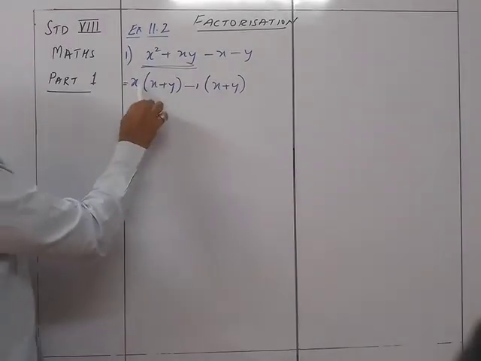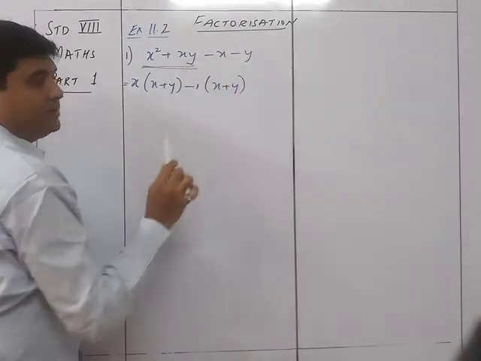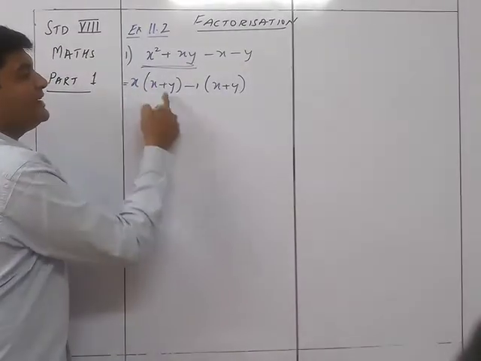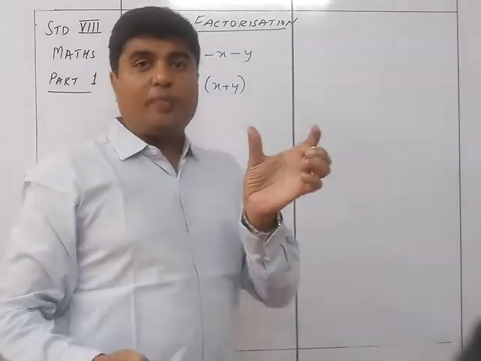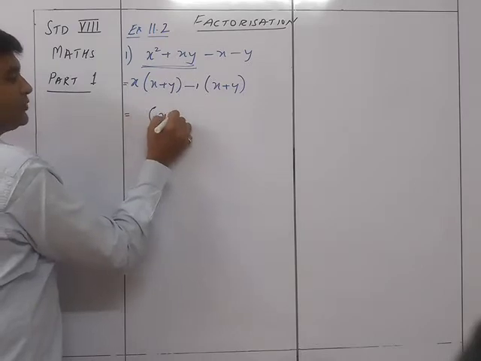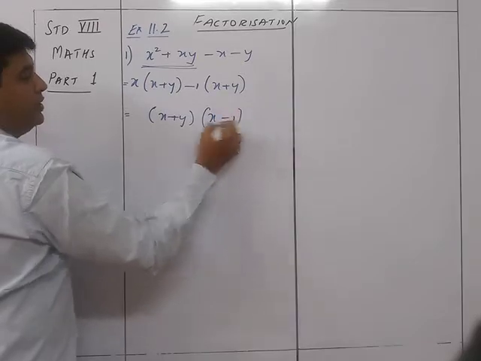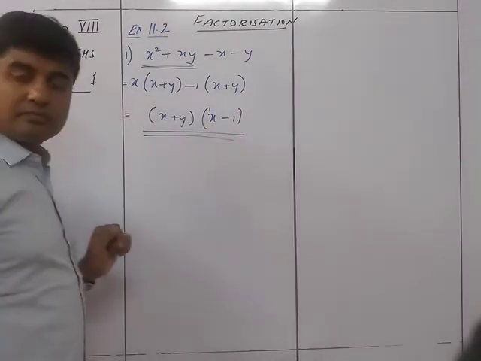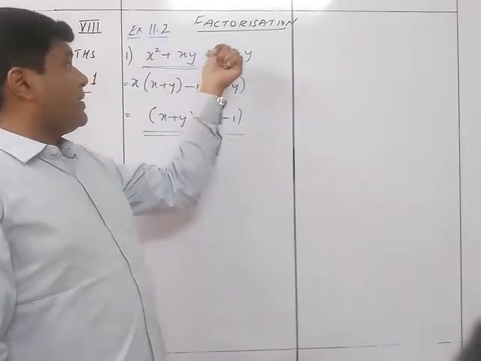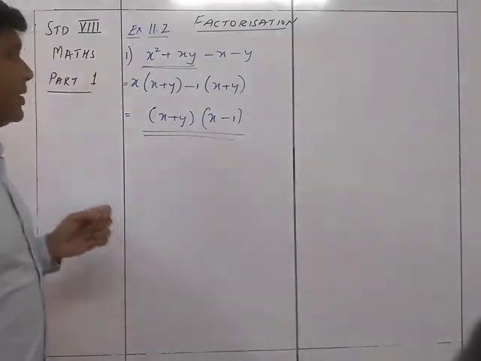See, if you multiply this, x into x is x square, x into y is xy, minus 1 into x is minus x, minus 1 into y is minus y. So, you're not wrong by writing this. Now, I can see that this becomes the sum of our previous exercise. Here two brackets were given common. So, here you can see that these brackets are common, so the common bracket will be x plus y. What is remaining now is x over here and minus 1 over here. So the answer is this. X plus y into x minus 1 is equal to x square plus xy minus x minus y. Got it? So this was sum number 1.